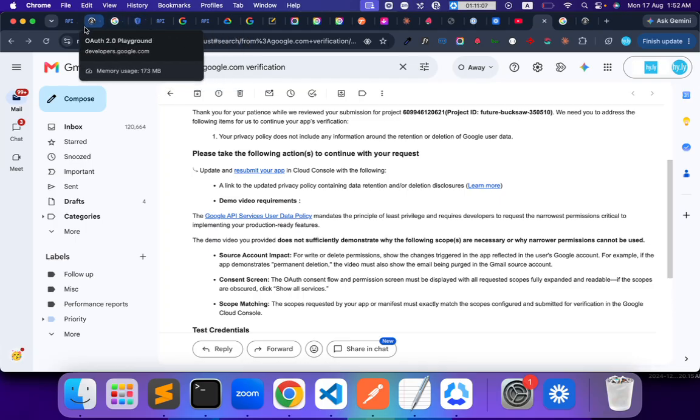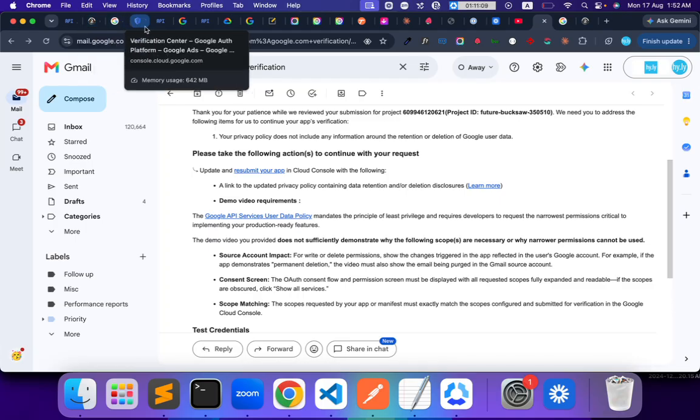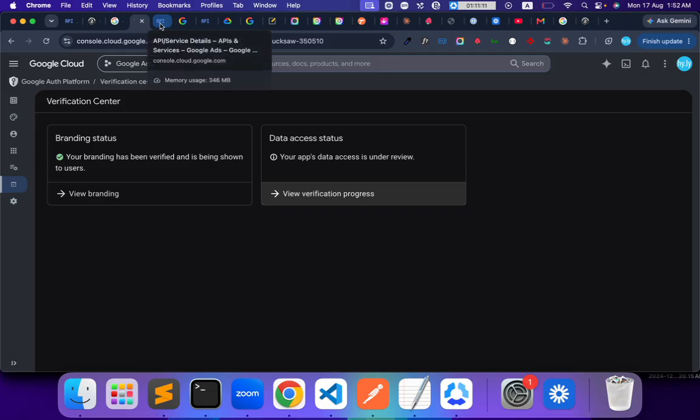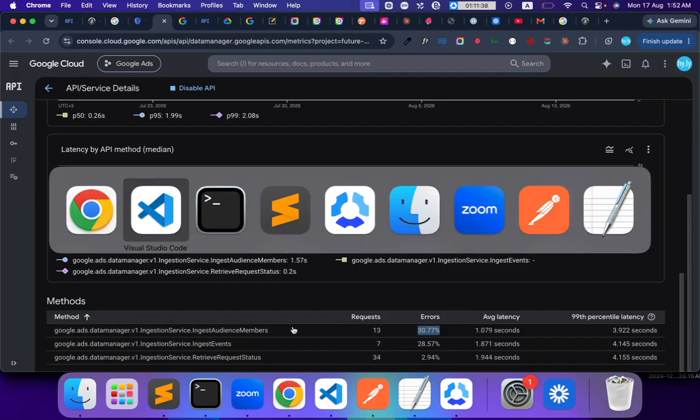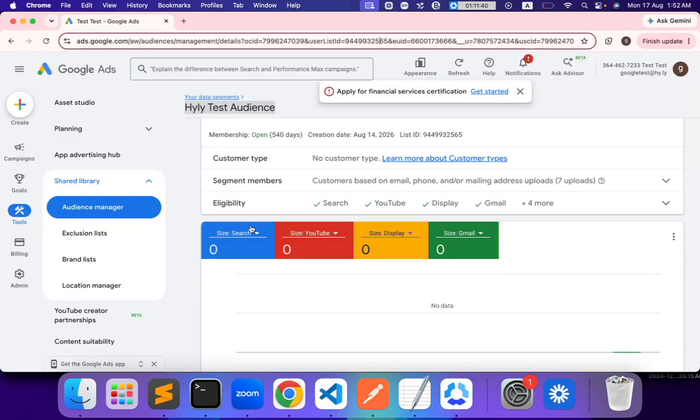Also we can see under our support user that we are now able to see the information here as well. While doing the testing, we sent 13 requests via the Data Manager API scope, and most of them were successful. As we were doing it in debugging mode, there are some errors, but we are still able to upload via the Data Manager API. So basically we are sending offline conversions